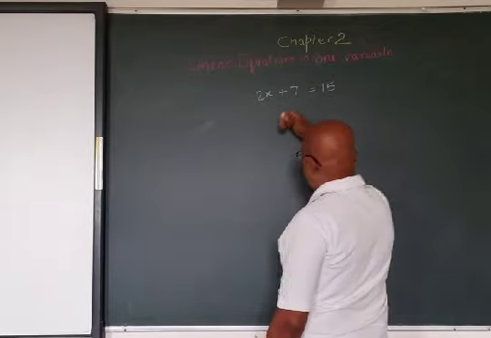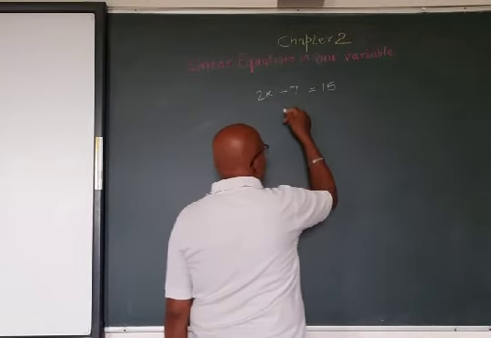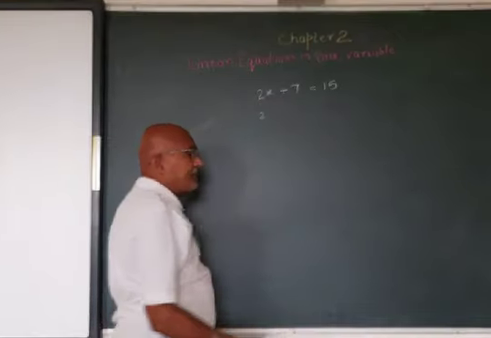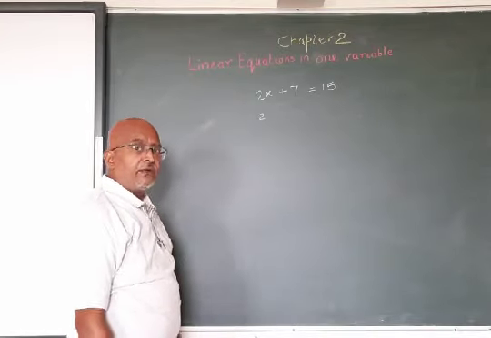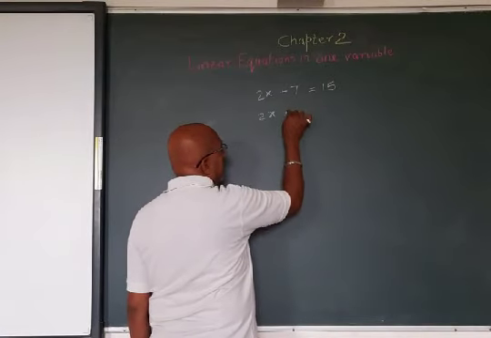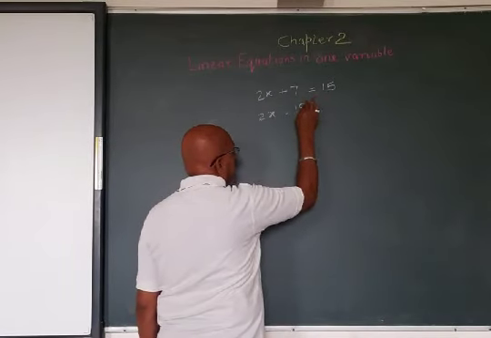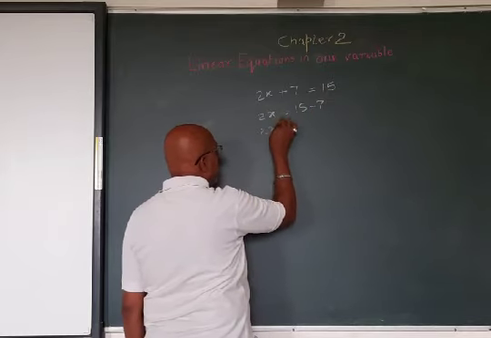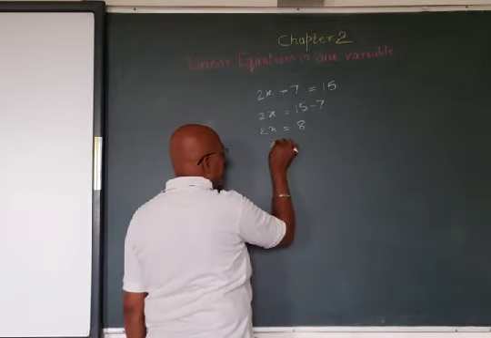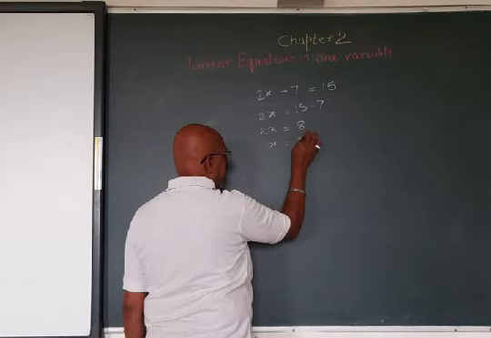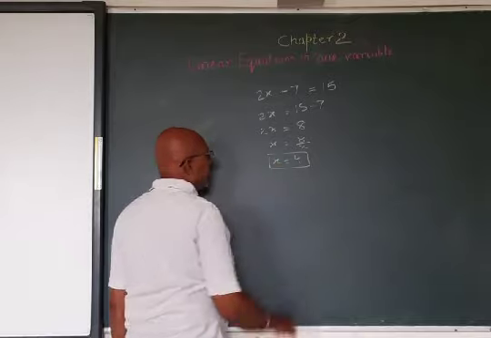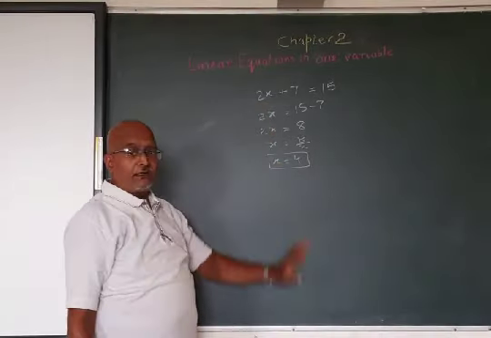Now, how to solve first of all. You know very well how to solve equations. The basic steps are somewhat different, but we can do it directly as you have studied already. So 2x will be equal to, the 7 we take to that side, 15 minus 7. So 2x equal to 15 minus 7 is 8. Then divide by 2, that is x equal to 8 upon 2. So x will be equal to 4. This is called the solution of the linear equation.